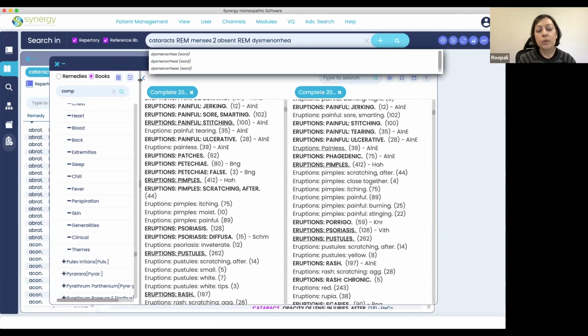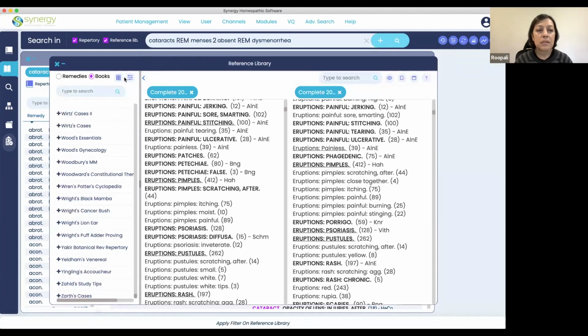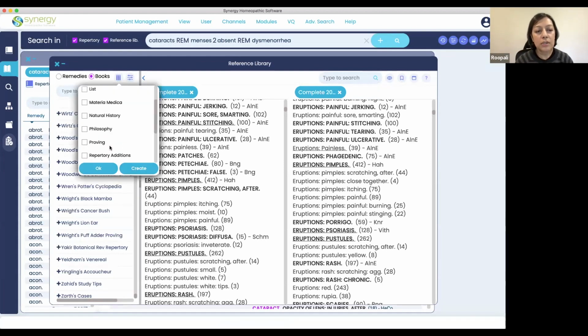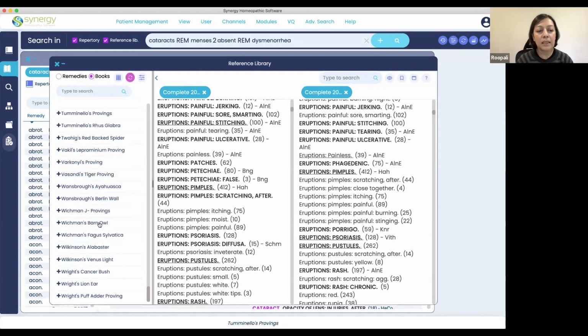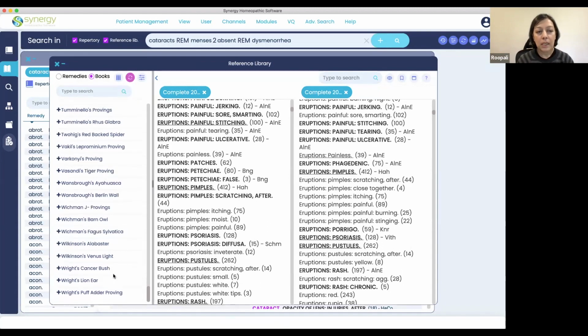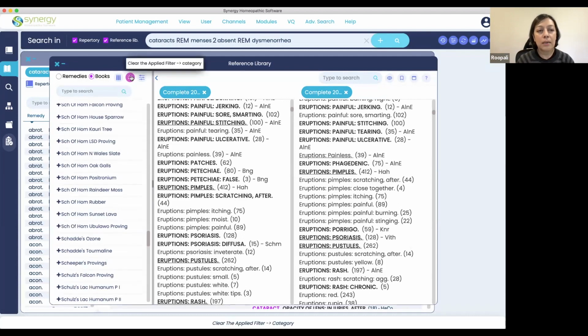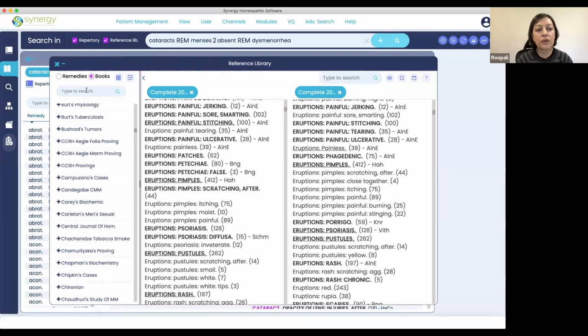Right. So it would depend, Krista, on which proving you got that symptom from, or if you know that's an original proving symptom. The one thing to do, let me get rid of some of these things here, would be to come here and check off provings and say okay, and then it gives you all of the provings. The other thing would be to look for,